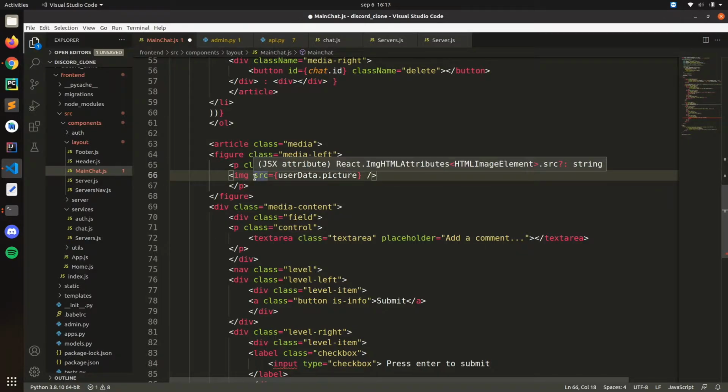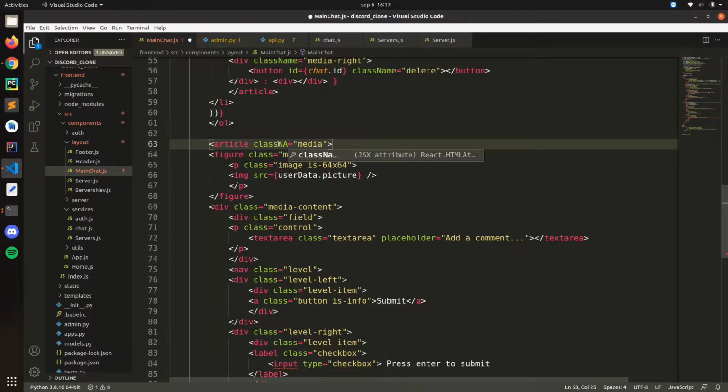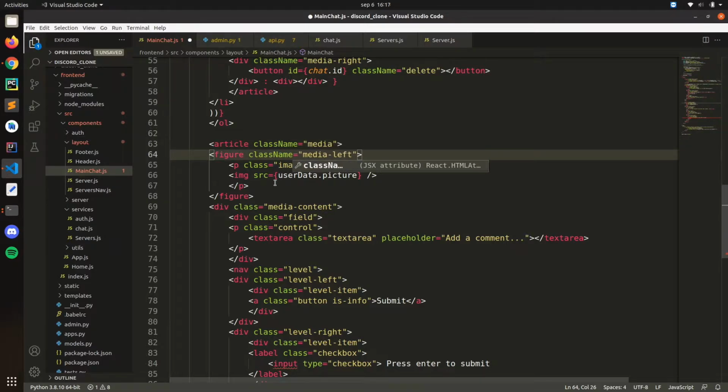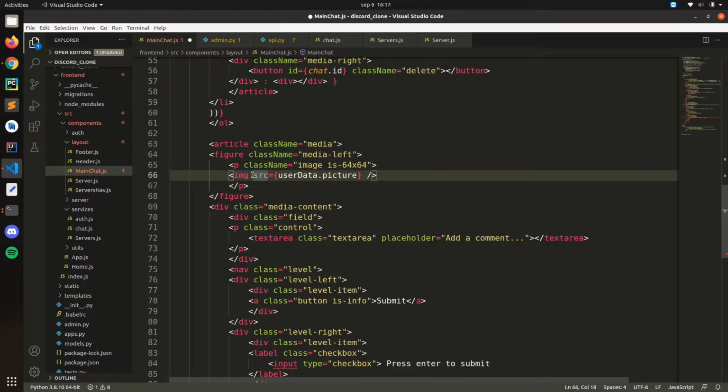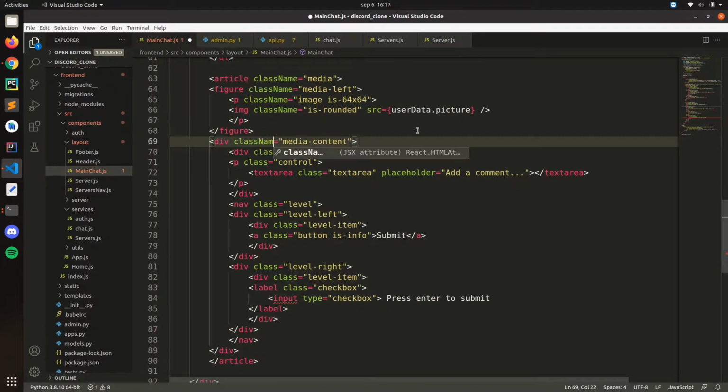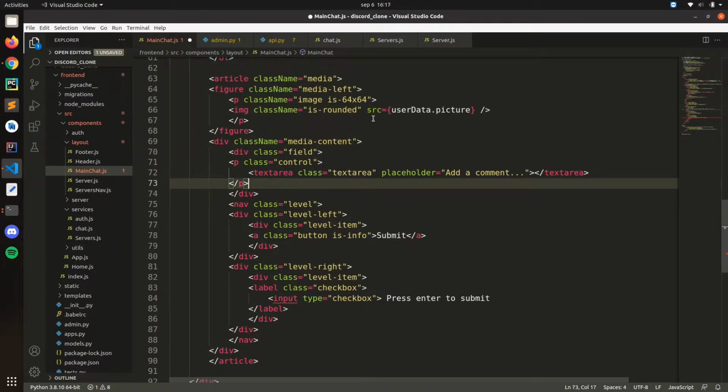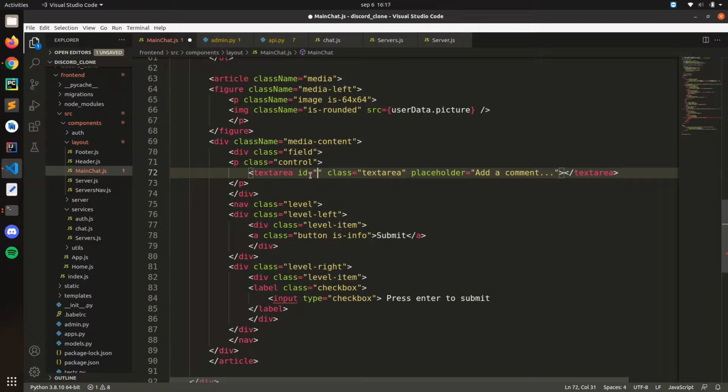Pretty simple, right? Let's put the class name, here class name, and let's put picture. Let's put class name. It's rounded to make it round, and then here we're gonna have our fields. So text area. Let's put an ID, and we call it is area C comment, whatever you want to call it. Put class name here. Here the name, let's put body,